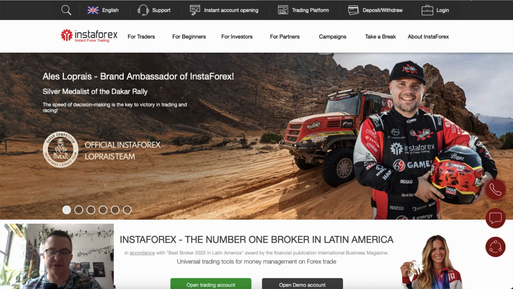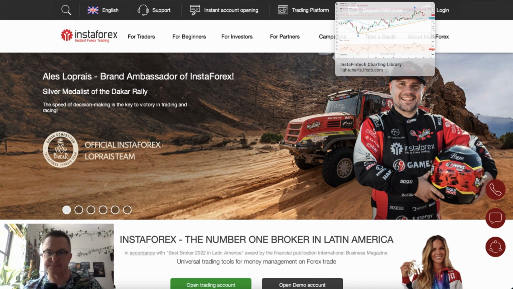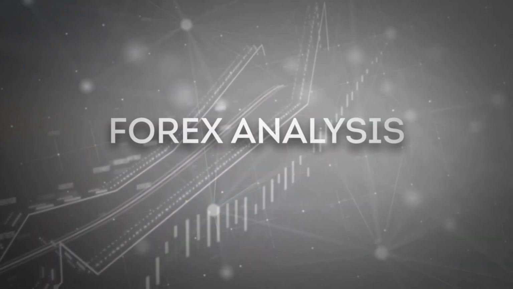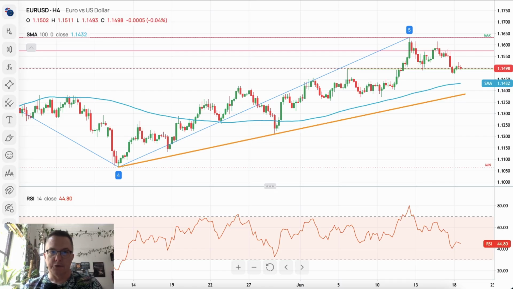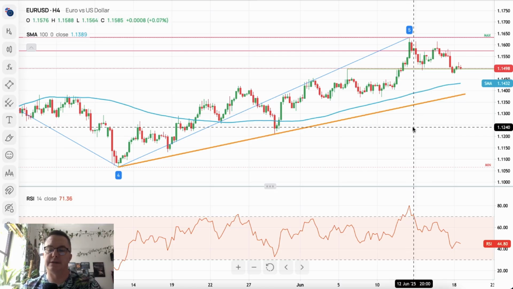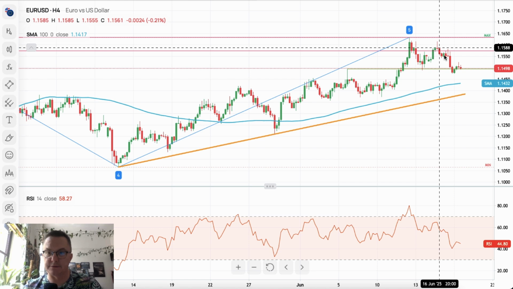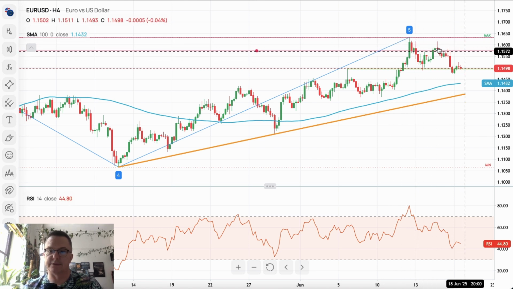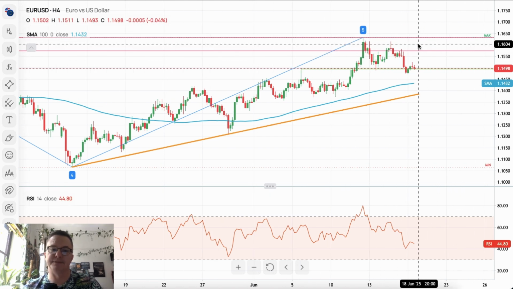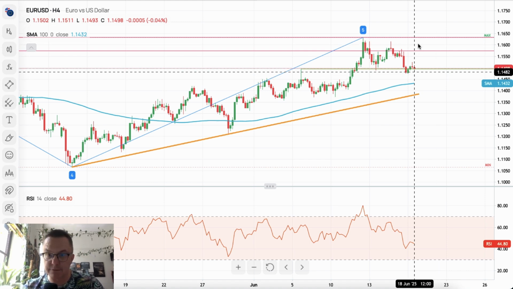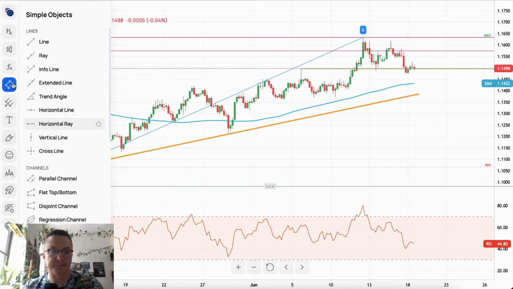Let's take a look at charts straight from the beginning. The Euro-dollar 4-hour time frame chart is showing us a rejection of the technical resistance and the supply zone, and the market is positioning itself ahead of the Fed interest rate decision that will take place at 8 o'clock p.m. tonight. So ahead of this decision, we got the down movement towards the level of